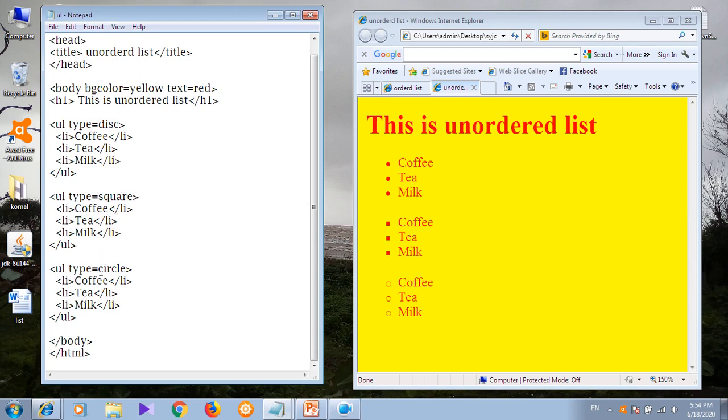Then third type is circle. Okay, type is equal to circle. So you can see here circles are displaying. Then again 3 list items, UL close, body close and HTML close. Then in unordered list there are 3 values of type attribute. First is disk, second is circle, and third is square. So when you are going to write type is equal to disk, it will show